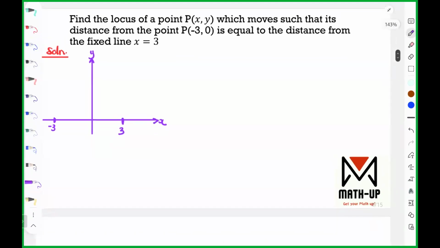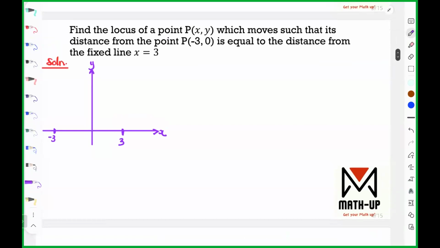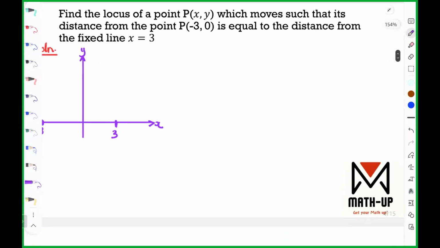Yes, this was our fifth question in our paper 1. It reads, find the locus of a point Pxy, which moves such that its distance from the point S negative 3, 0 is equal to the distance from the fixed line X is equal to 3. So you can start by